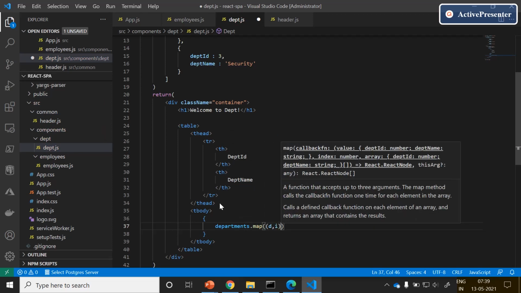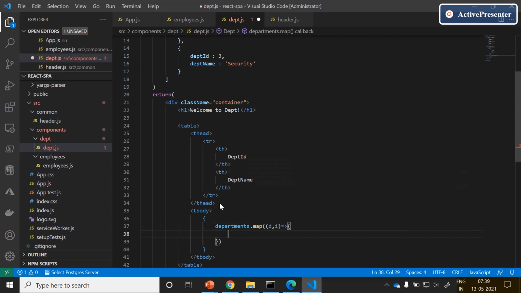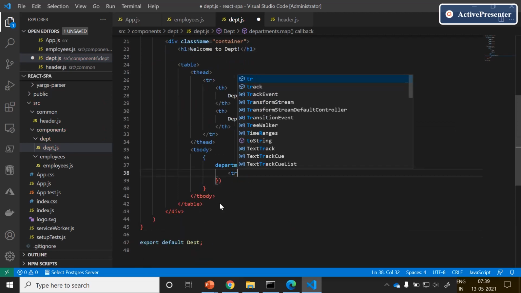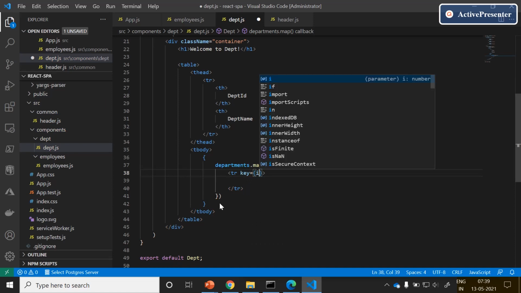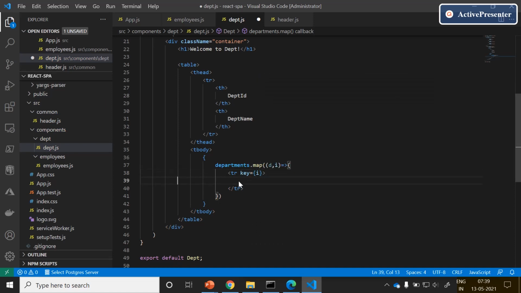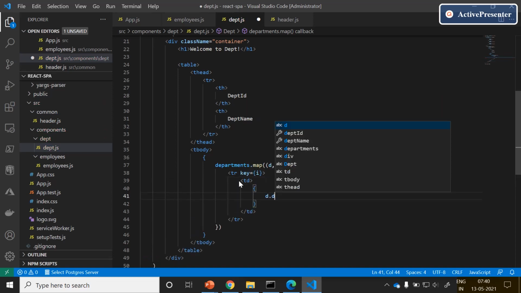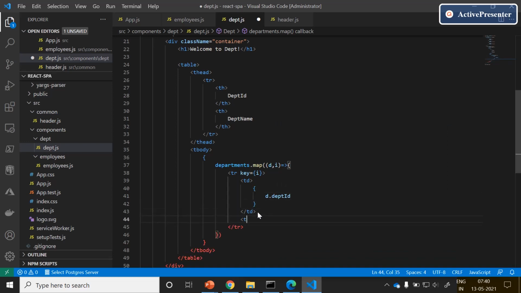The second parameter is index, to use as the key property for tr. Don't forget to add the key element. One td contains the department ID, one more td contains the department name.